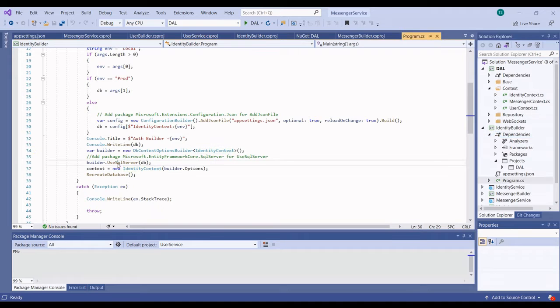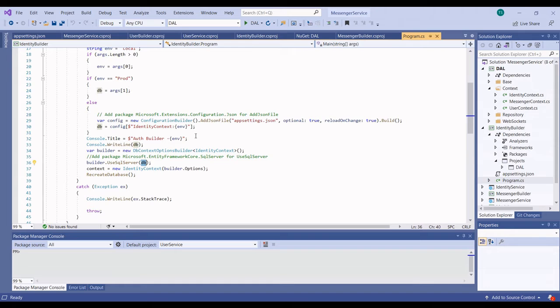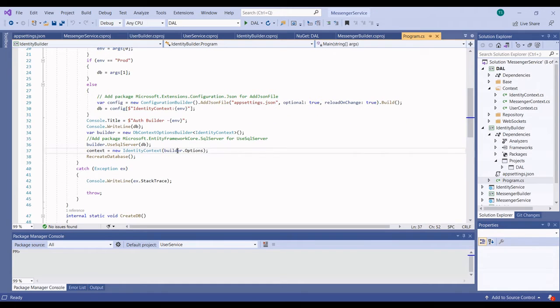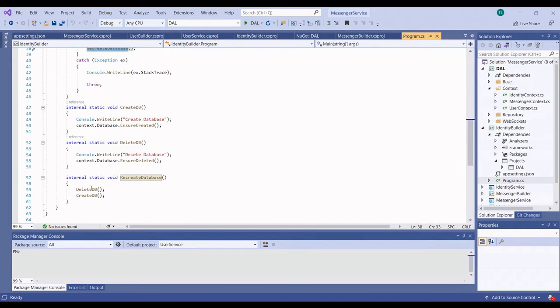Do builder.UseSqlServer for the SQL Server database. Pass in the database string that we're going to pull from this line right here. And then start up the new context with the builder.Options class, and that'll create the context that you need. And then we're going to run this recreate database command, which is going to delete the database and then create the database. And we delete the database by calling context.Database.EnsureDeleted, and we create the database